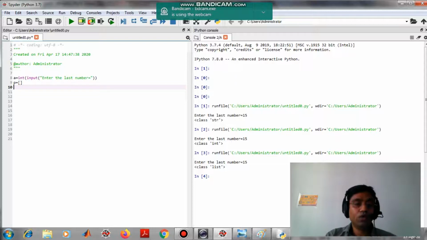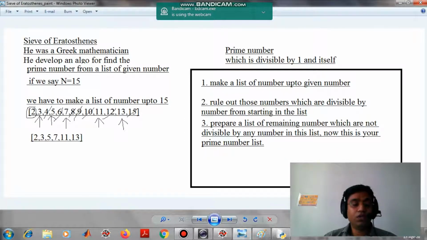Now we have to add the numbers to it. Since we have to iterate up to 15, we will use a for loop here. So for I in range. As you have already seen in the last tutorial, we generate a list from 2 up to the last number given by the user.